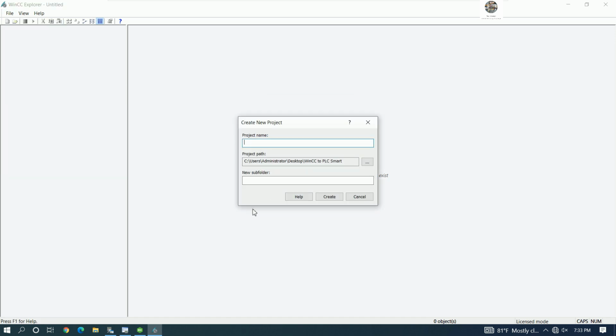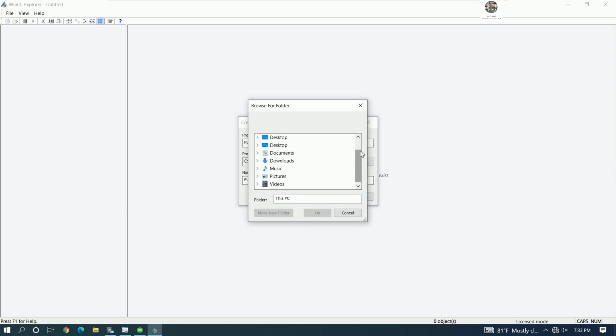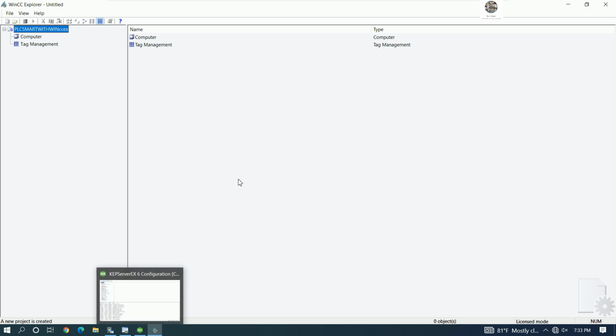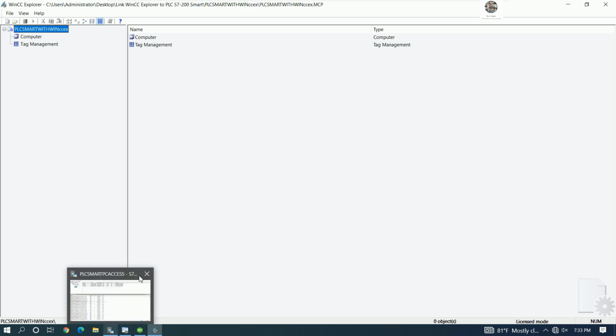I will put PLC Smart with WinCC Internet Explorer, and then choose the folder that we already created here, and then click create. I will show to everyone. That's why I use one more software, KepServer. Yes, because I cannot link directly from the WinCC OPC to PC access. Okay,